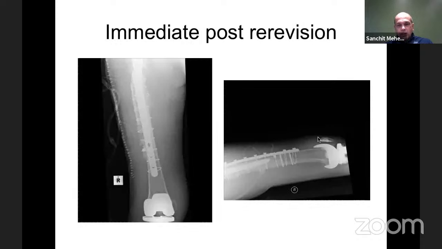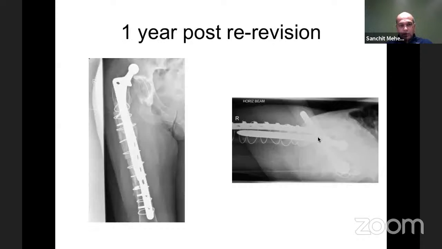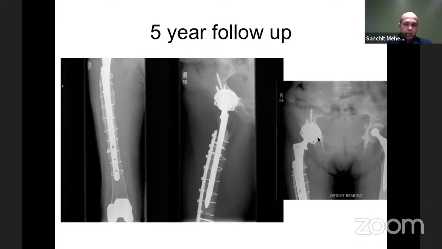Because there's a distal knee replacement, your choice is limited. You can't go any longer. You could go with a tumor prosthesis and put some cement in, but then there is a risk of a further periprosthetic fracture at the junction of the knee and the hip. So this time the option was to revise the stem and fix it with a plate, with cables and an allograft. With that, we had some success, but then had a dislocation, which meant we had to go on to a constrained hip replacement. So this is 5 years down the line from when this whole saga started. This patient finally has a functioning hip, but has had to go through a lot of surgery. Thankfully, did not get infected.